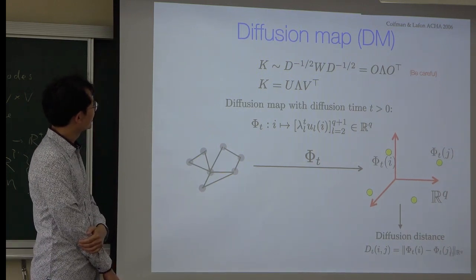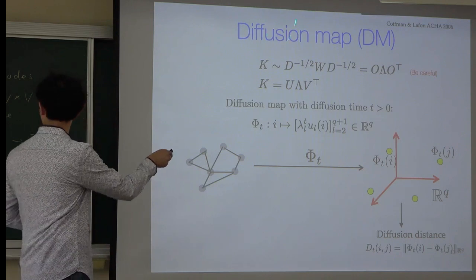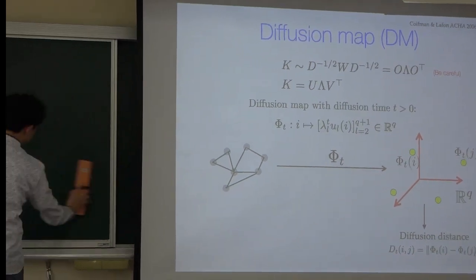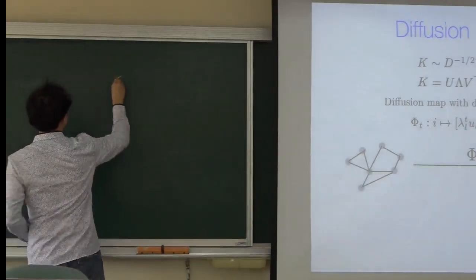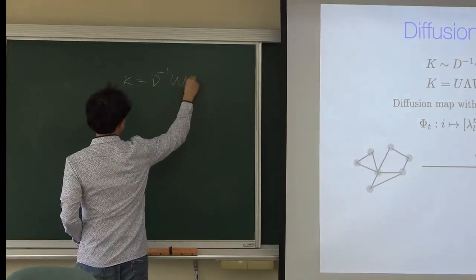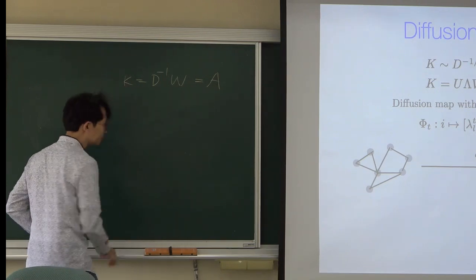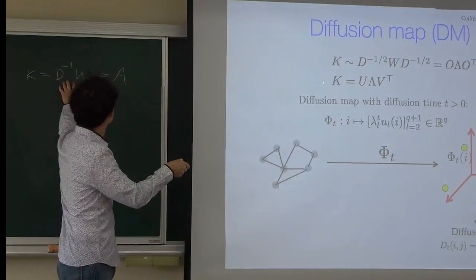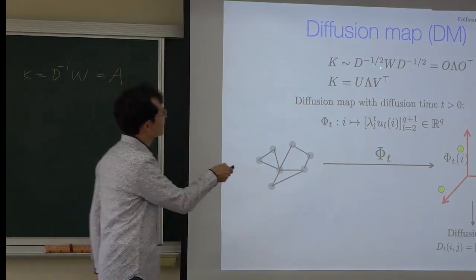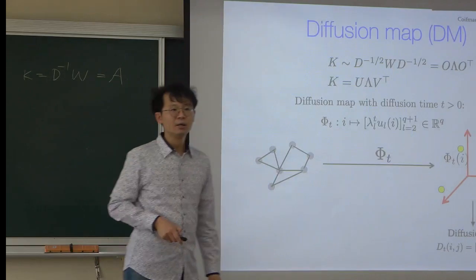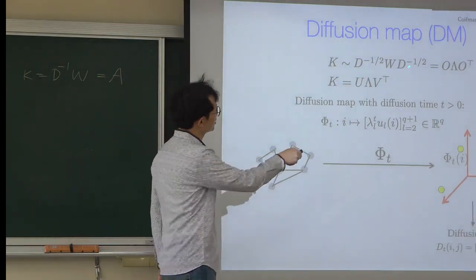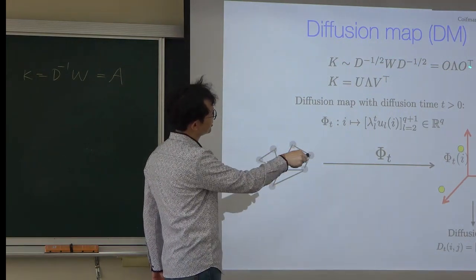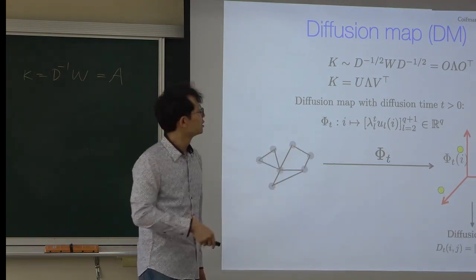I kept using different notations. This K here is D inverse W. Sometimes I use A. Here, this is the K matrix, D inverse W, the affinity matrix. And you can see that this matrix is similar to D to the minus half W D to the minus half. And if the matrix is diagonalizable, or in this case it's symmetric, so everything is perfect, you can write it as